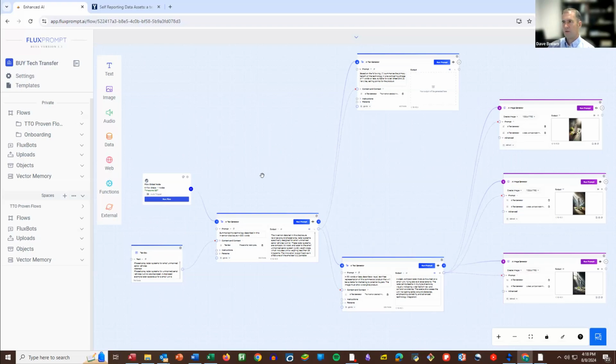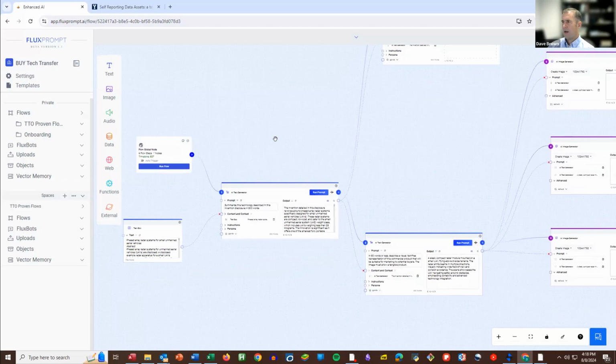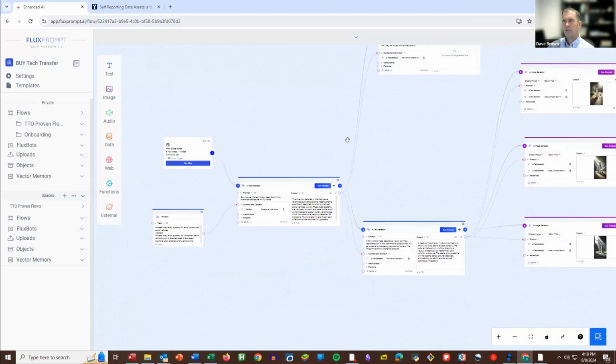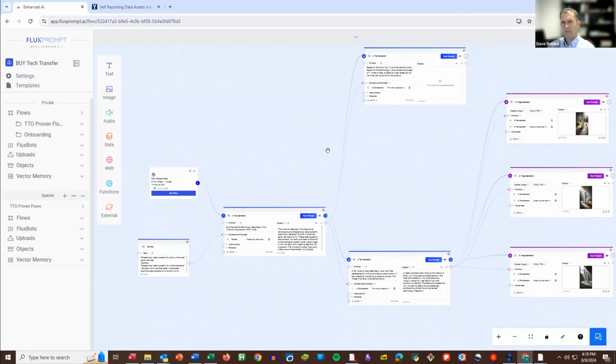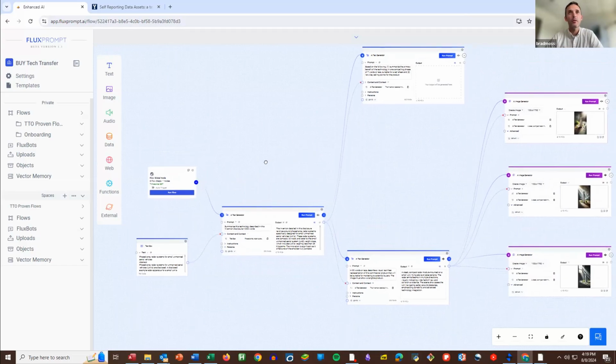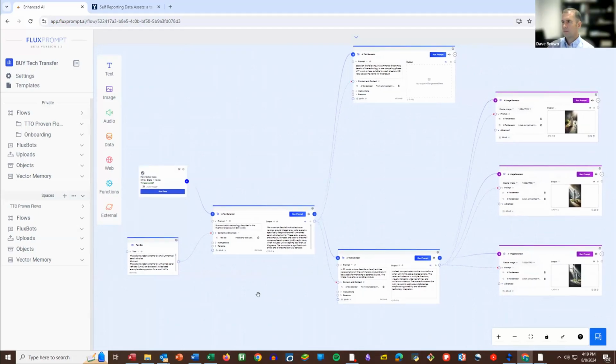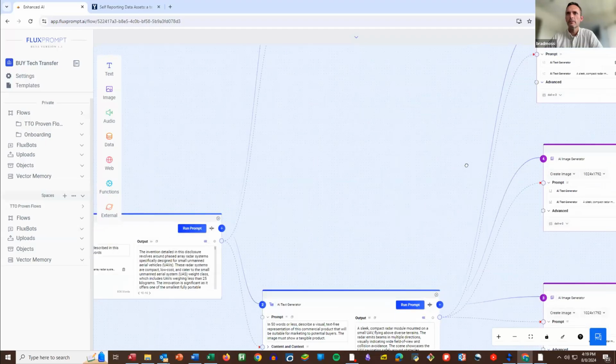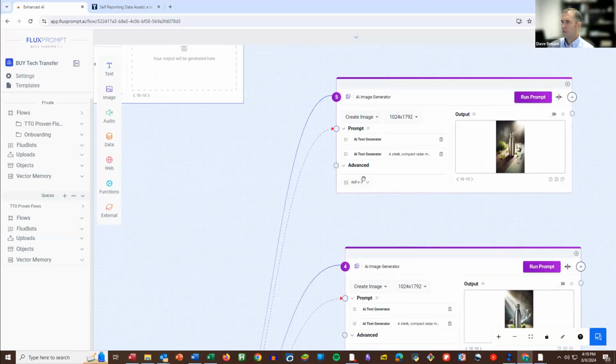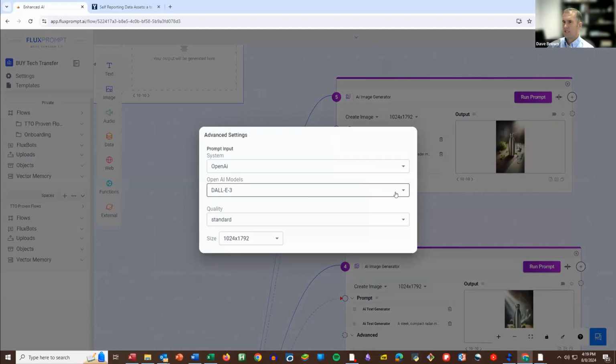One other thing I like about this as opposed to other services is that I don't have to log into ChatGPT for every one of these. You're using the API for each of the AI services, right? That's right. And how many different APIs are you calling? There are about 100 AI models and systems in there. The total number of systems might be 25, big platforms that are being called, so different APIs might be more, like 50. Okay, we're calling all sorts of stuff with this. Yeah, and if you go in here on image creation, I'm used to DALL-E, which is ChatGPT, so that's what I've got on here.